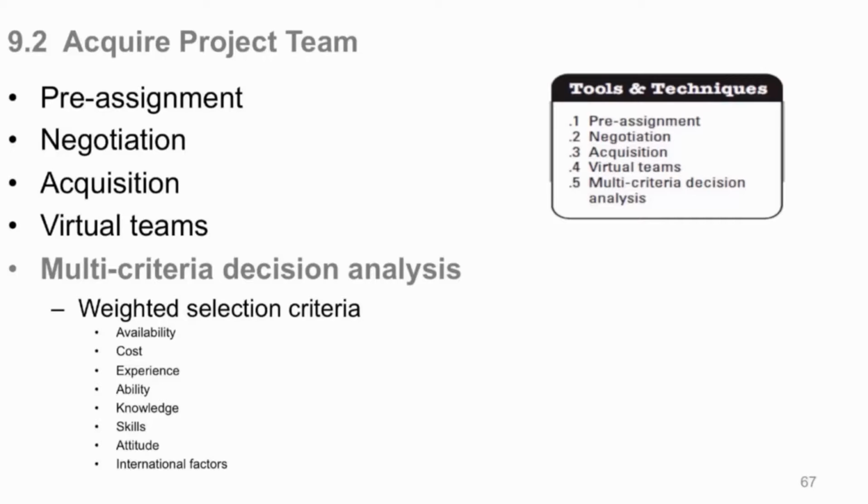Whoever floats to the top would be the person you would want to select. And you'd start there to see if you can get them, work your way down. At least you have a rationale for picking one over the other at that point. And by the way, if you do these kind of tools, especially like a Kepner-Tregoe, which is basically what this